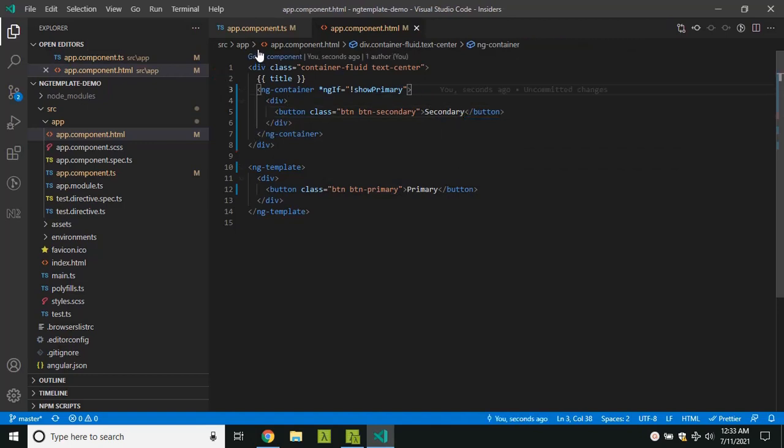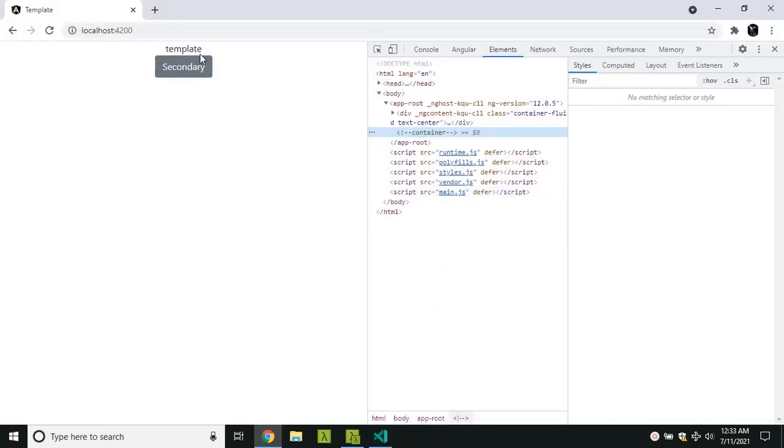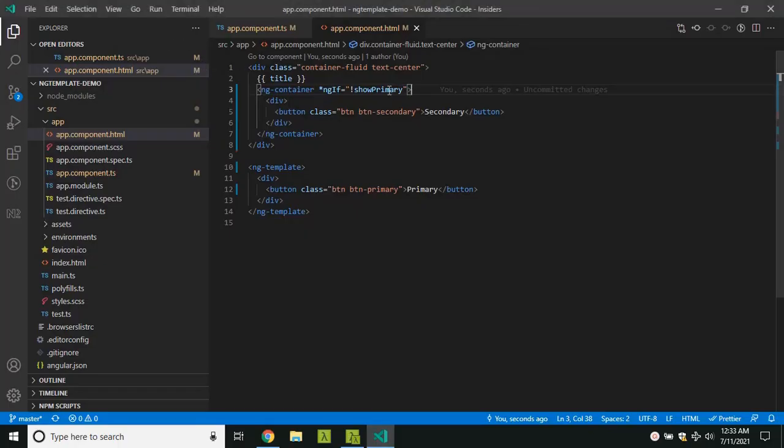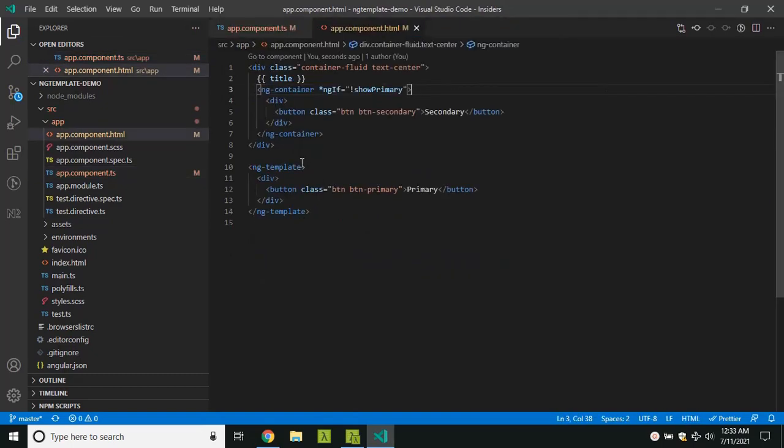Now let's go to the TS, and initially it is set as false. So now if you go, you can see that the secondary button is displayed, and in case I make it true, here what I need to do is add an else part.